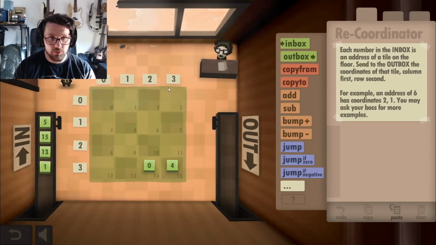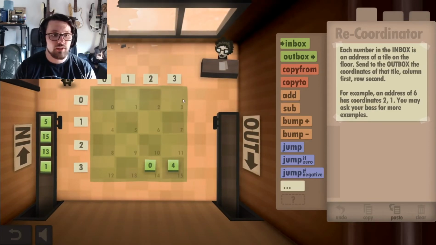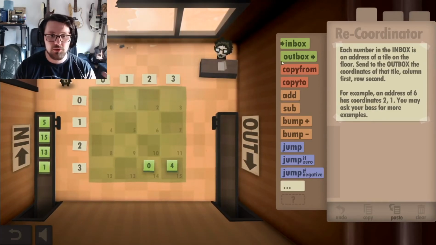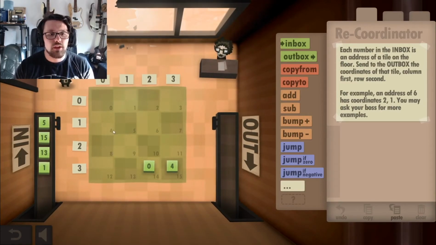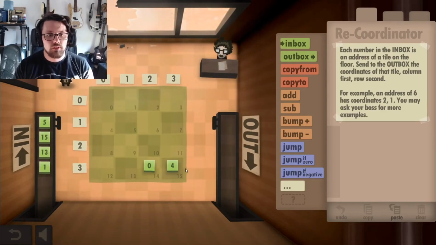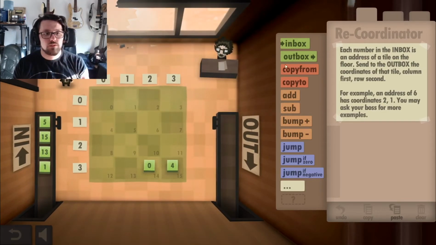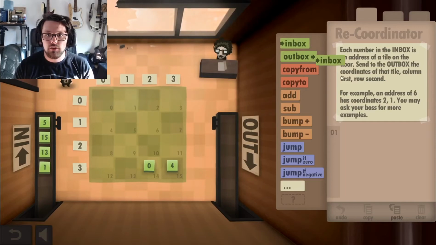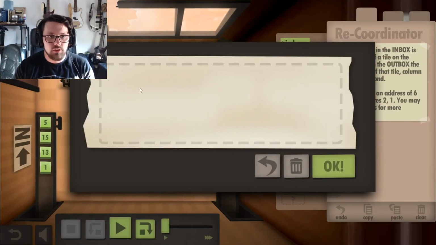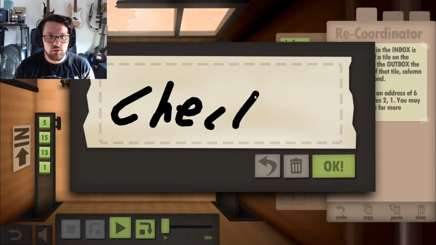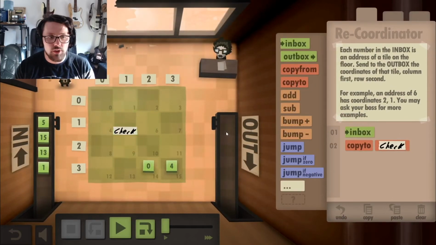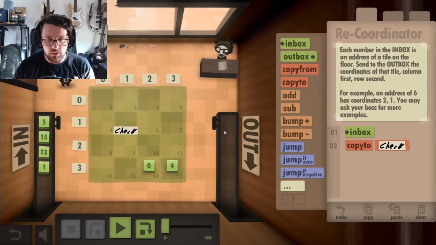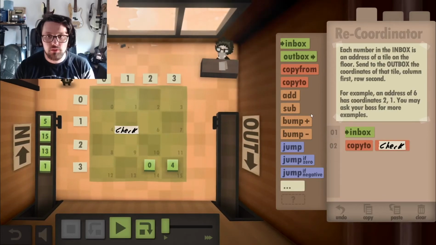Plus the 3 remainder, so it's going to be 3 by 3. So I just need to calculate how many times 4 goes into it plus the remainder, and that's why there's a 4 on the floor. And then if it ends up being a 0 when I have to output, then fine, but I should be able to calculate it, right? So if I go inbox, check. Check is just going to be whatever I have on hand, right? So 5, that's what I'm checking. So if I do 5,